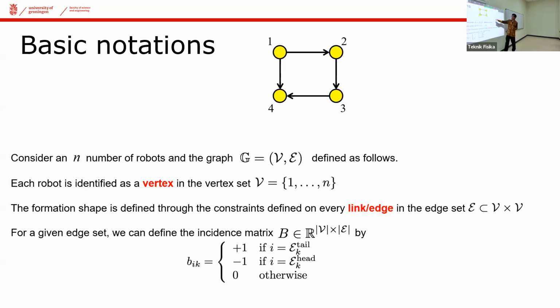And the formation shape can be described by the way the link or the edges is being defined. So the edges is representing the pair of agents that are connected by an arrow, and this arrow is representing, again, the way the information is being used to define the formations. I use an arrow just to simplify the formulations, although in reality, the measurements is taken both ways.